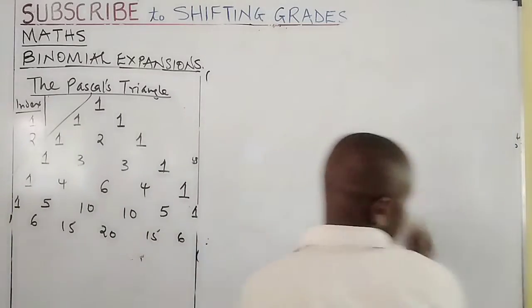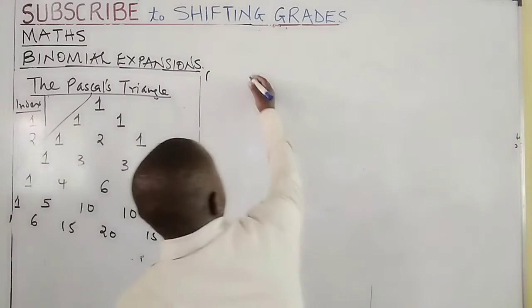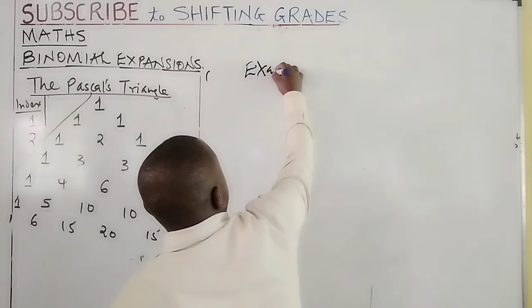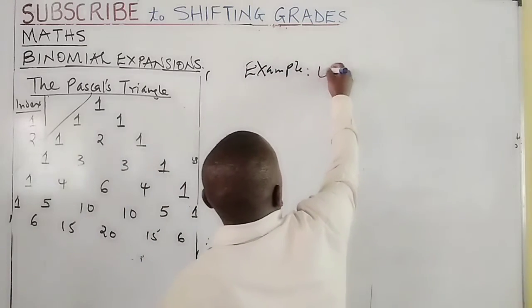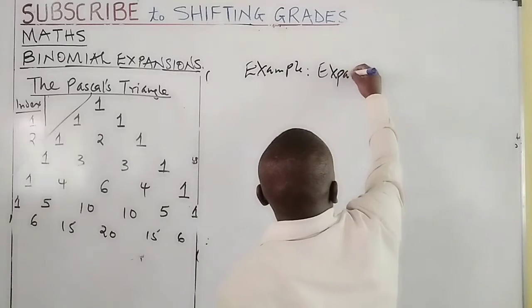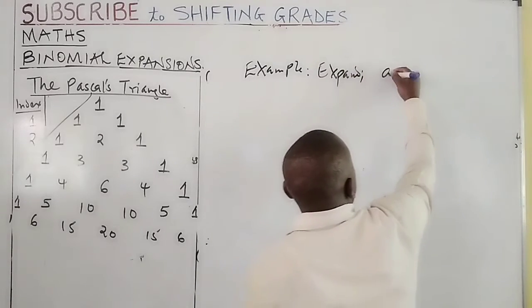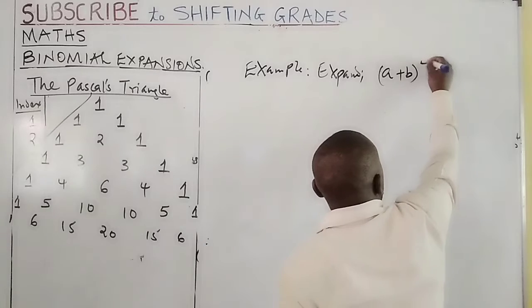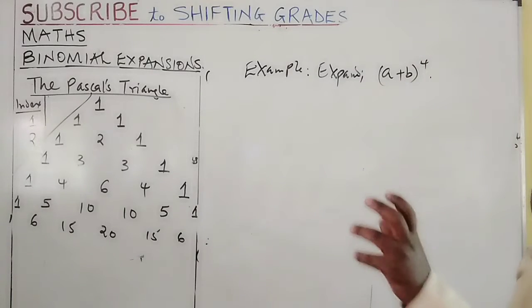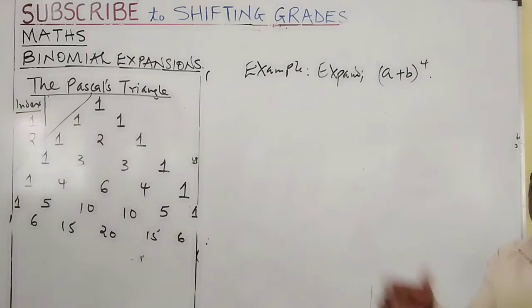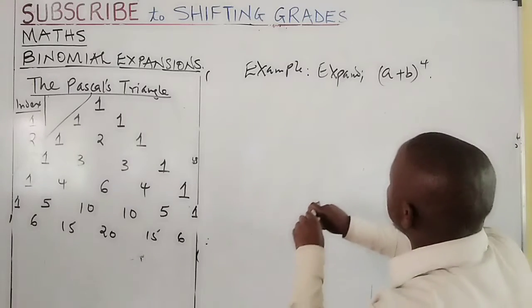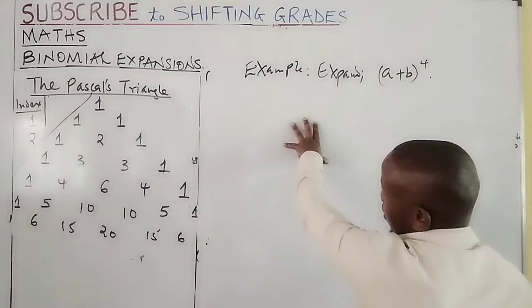Let me now simplify these things. If you are told expand a plus b power 4, instead of the long method of expansion we've gone through, we have concluded that